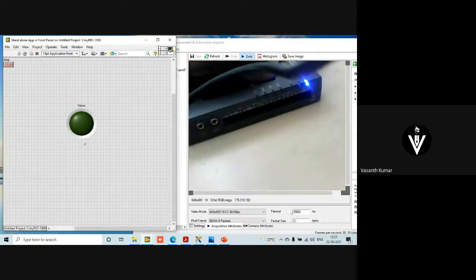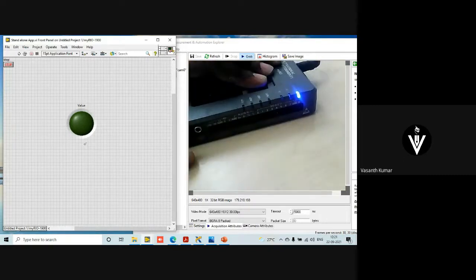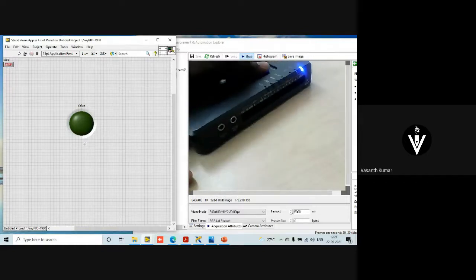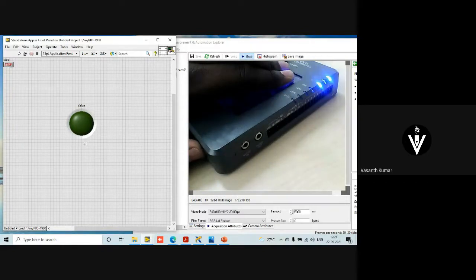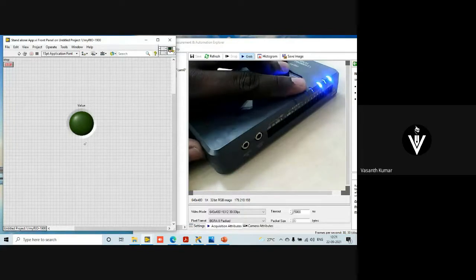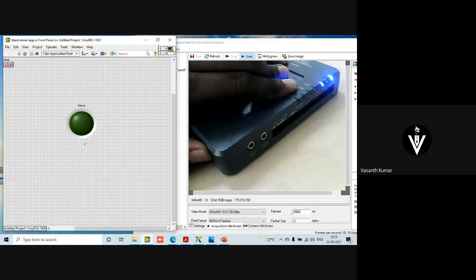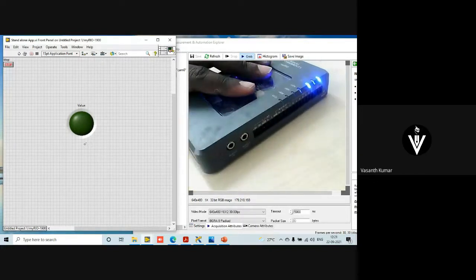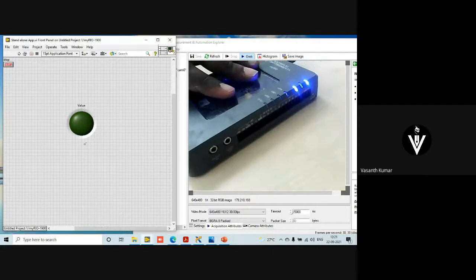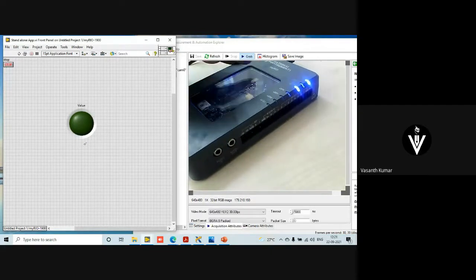Now just watch here. When I click on this application, the same application, when I click on the button, the LED should glow. That is Wi-Fi. Don't worry about the Wi-Fi. So when I click on that, the LED should glow and turn off. It is not happening. The reason is once the power goes off and comes back, the application will stop running.